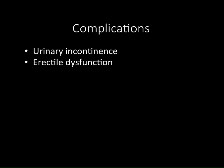All right, complications: urinary incontinence and erectile dysfunction, the ED. The ED can last up to 6 months, and then some people can recover depending on if they've had